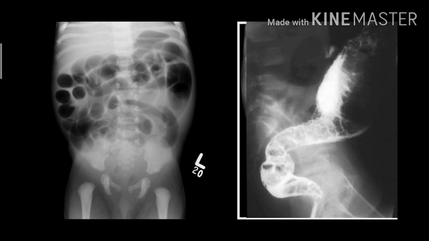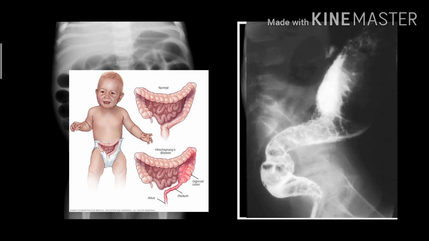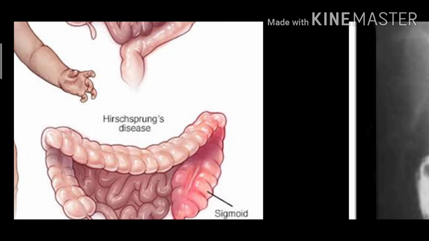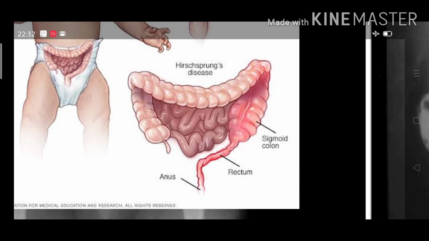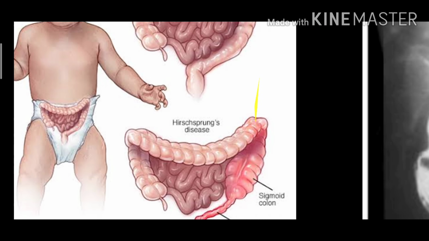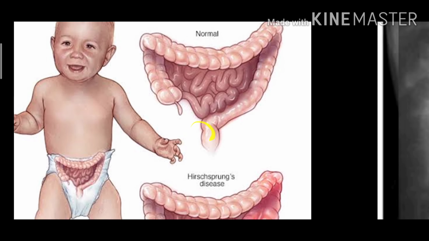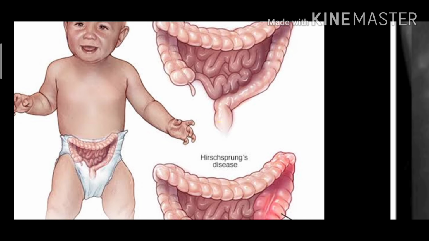dilated. The rectum is the storage, the reservoir. It will be dilated, and the sigmoid colon will not be as dilated as the rectum. So in case of an HD, this ratio is reversed. So normally, we can see the rectum is bigger, and the sigmoid colon is not that big.